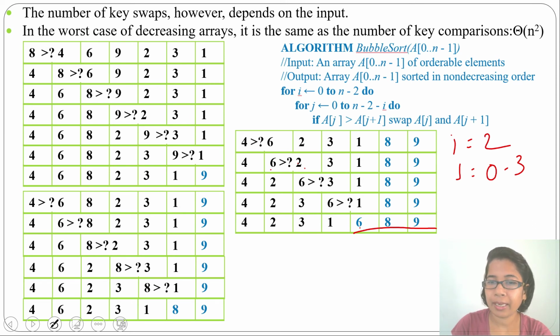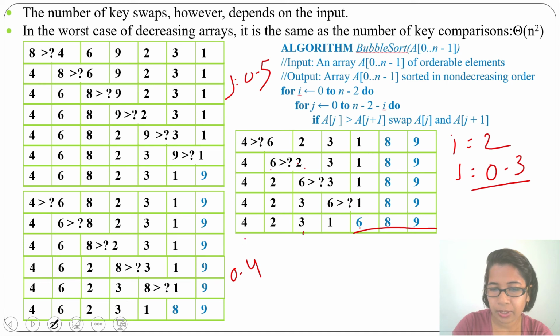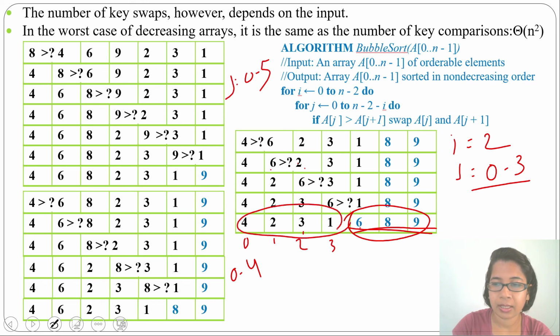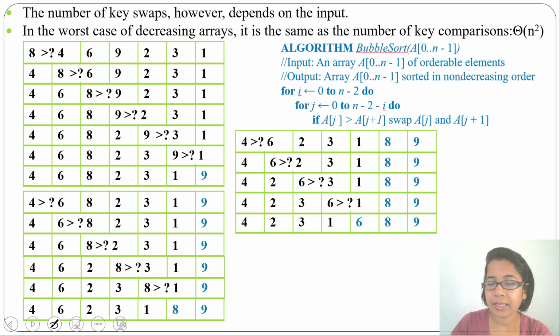And you just mark that every time the j range is reducing. In the first pass j range was 0 to 5. In the second pass j range was 0 to 4. In the third pass j range is 0 to 3. As we are doing, this is our 0, 1, 2, 3 and j value ranging from 0 to 3. As after this it is sorted, we don't need to do anything for this sorted list. We just need to sort this list. That's why j range is reducing in every pass. Like this it will continue and finally this list will be sorted.